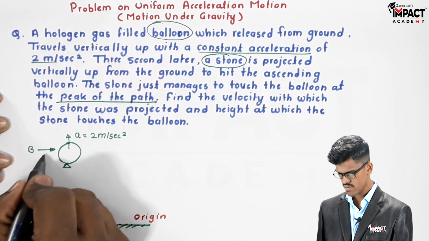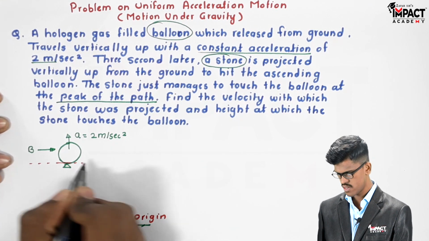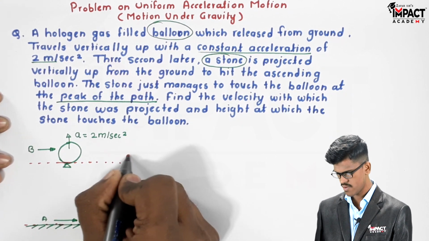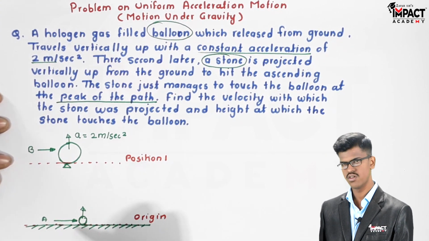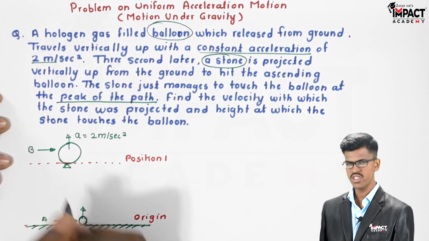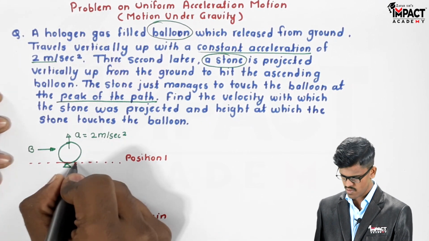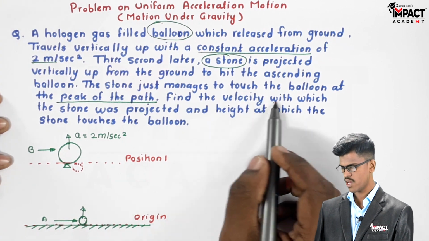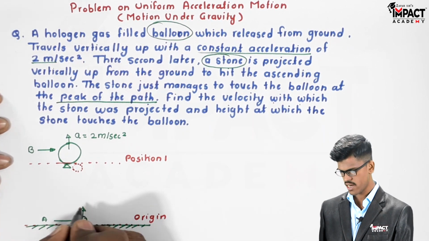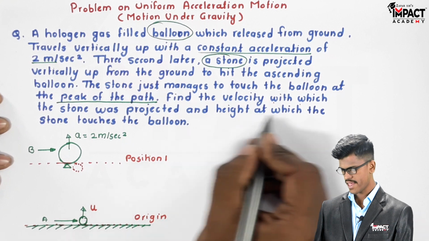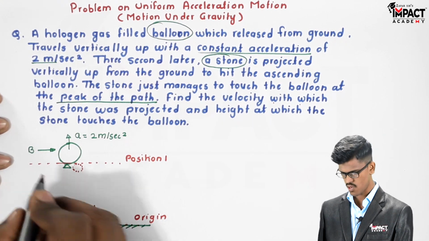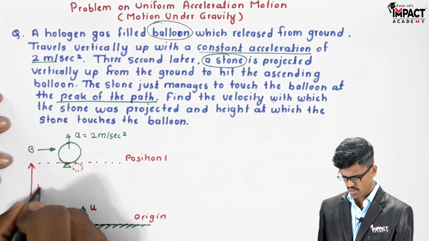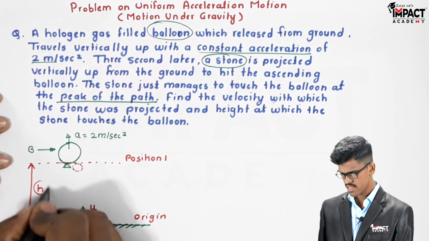Okay, the balloon is at position 1. They mention the stone just touches the balloon. Okay, and we have to calculate the velocity with which the stone is projected, u, and the height at which the stone touches the balloon, h. And this height is the maximum height